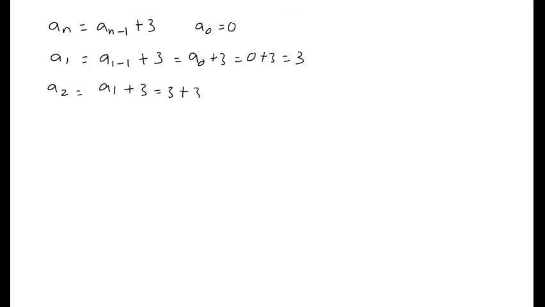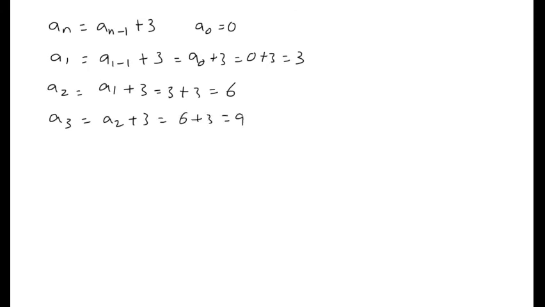The next problem is a_n equal to a_{n-1} plus 3 and a_0 equal to 0. Now we will substitute 1 in place of n. So a_1 equal to a_{1-1} plus 3, that is a_0 plus 3. So we got 0 plus 3, it is 3. And a_2 equal to a_{n-1} plus 3, so here a_1 plus 3. Here a_1 is 3, 3 plus 3 is 6. And similarly a_3 equal to a_2 plus 3. So a_2 is 6 plus 3, it is 9.